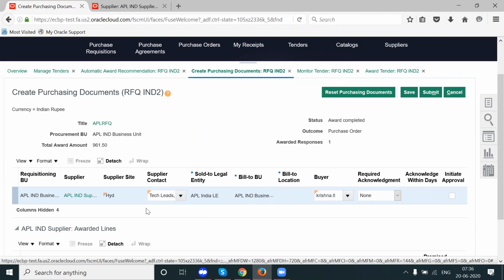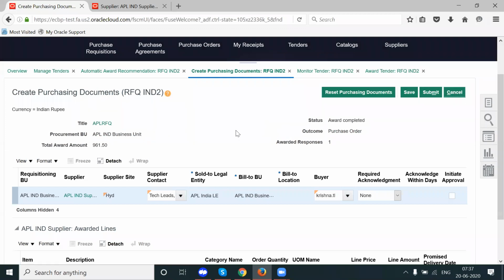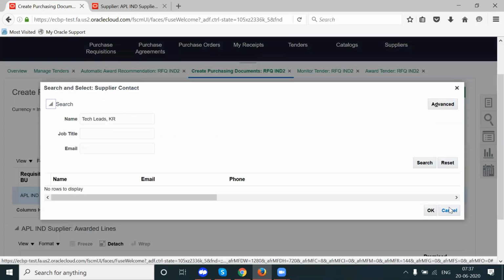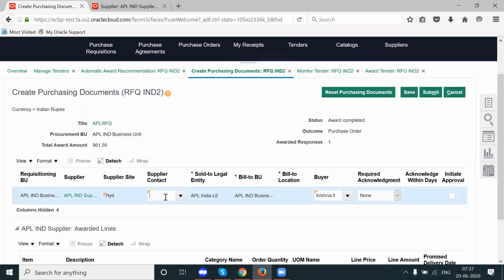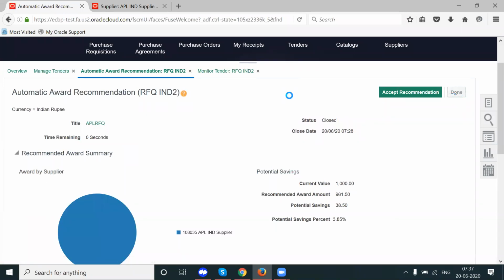Still the bill to location has not defaulted. I used to face this kind of issue.